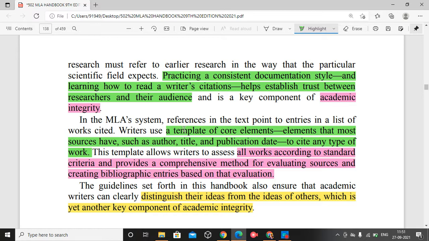How to make it? So writers use a template of core elements. That's what I told you. The core elements means what? Elements that most sources have, such as author, title, publication date. One more important thing is publisher's name, to cite any type of work.